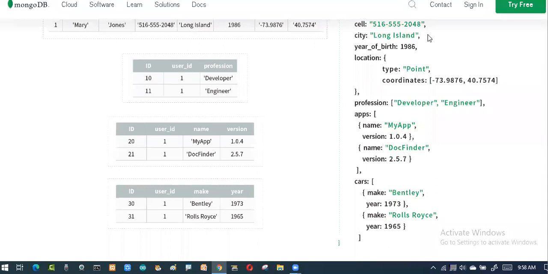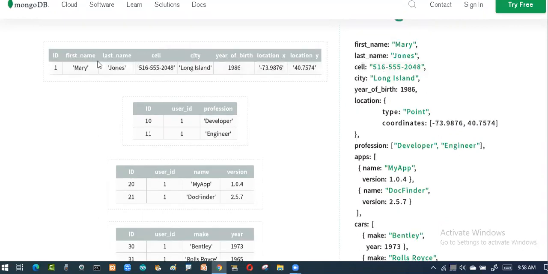See, if a single document is trying to store the information, whatever information has been attached in the document is automatically stored in various tables. Here, if you see, I have ID one, name Johnson, cell number, then city, then date of birth, location, x location, y coordinates. Okay, I got this from one table.